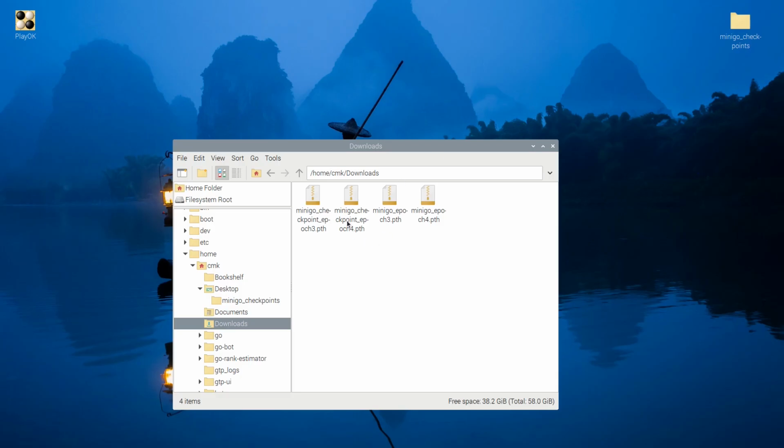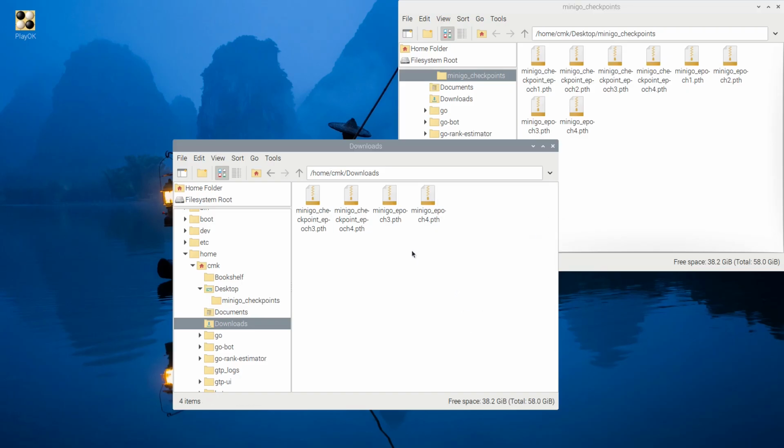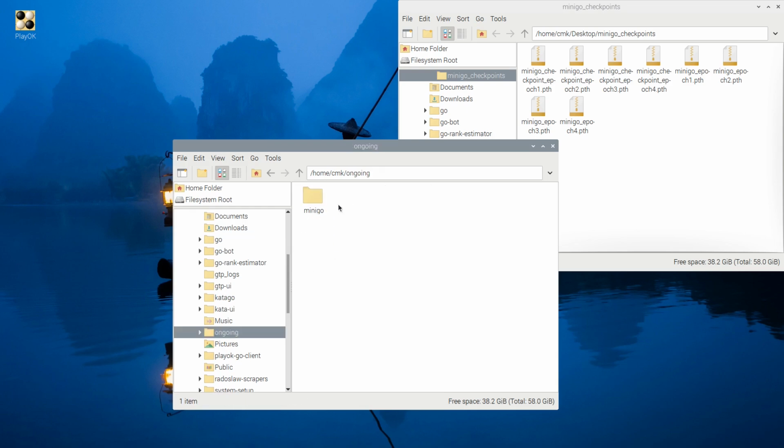So Epoch 4, and this one, copy, paste. So we will start with this one, so I copy, and I'm going to,